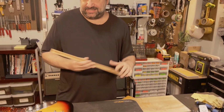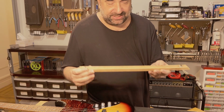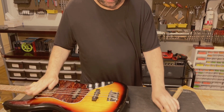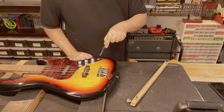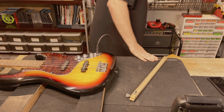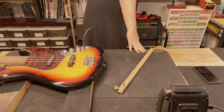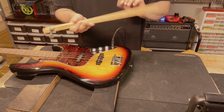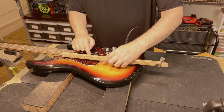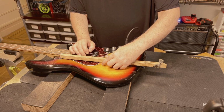String on a stick. So, very string-oriented widgets today. Why would you have a string on a stick, you say? Well, let's pretend that this instrument had no strings on it, and I wanted to check the pickups to see if things were working and functional. So I would plug it in. Remember, it has no strings. Then I could hold this over the pickups and play it. So I can test the neck pickup,